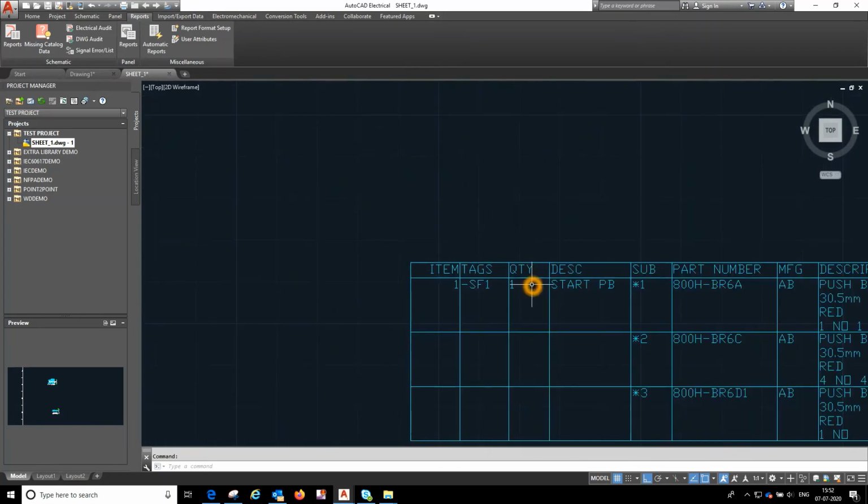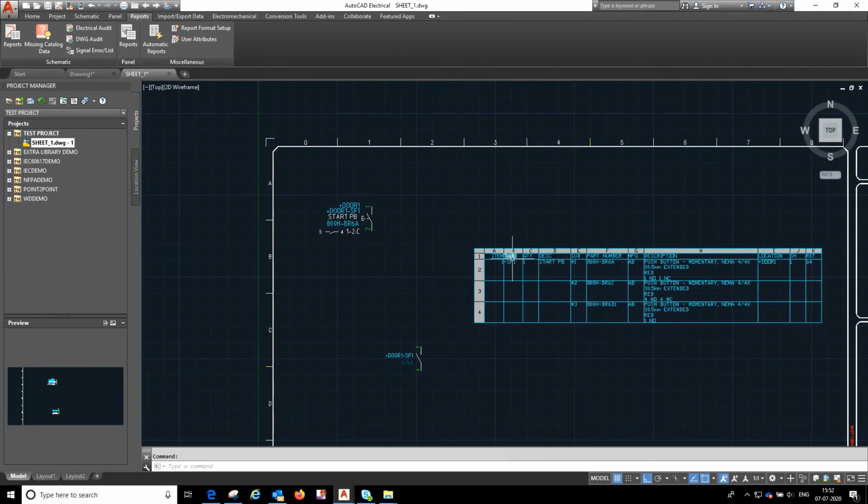Again, I would like to explain this tag number is very important. This tag number is very important for the technicians after completing the wiring of the panel or the door or a case.